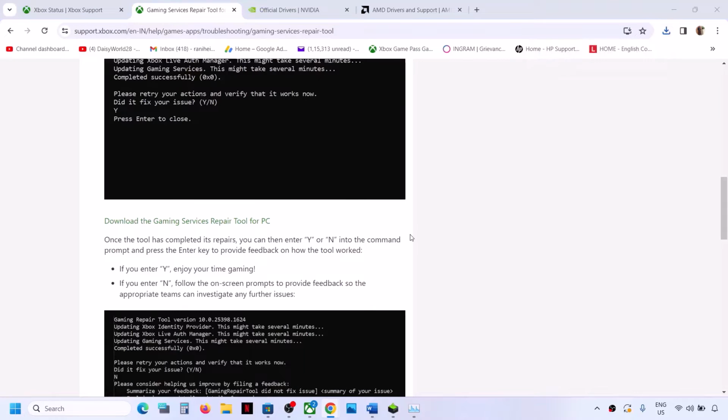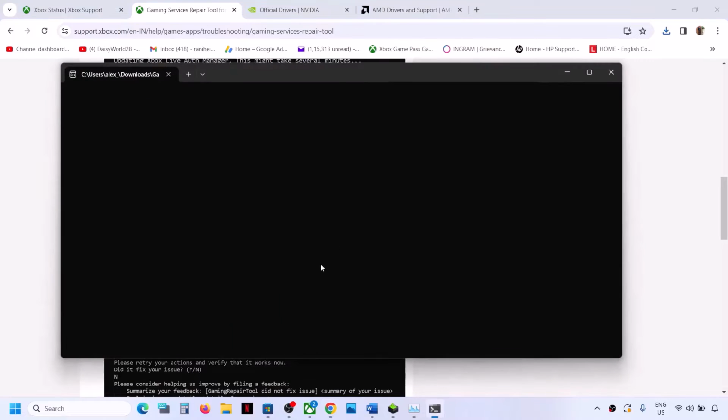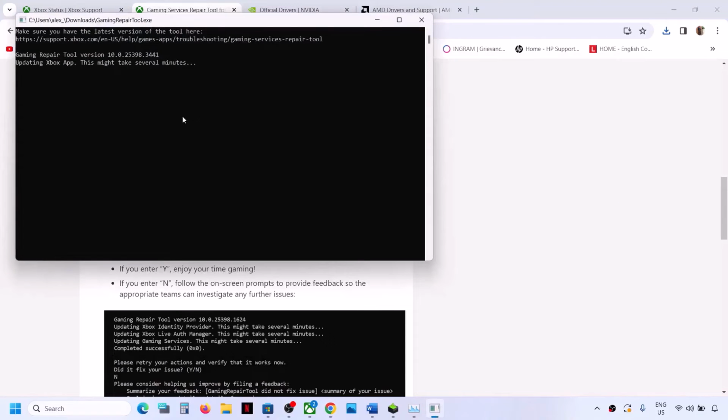So click on it and then click on yes to allow and then let the process complete. Now during this process, if it's telling you to write yes or no, you can type in yes or no. So this process will take some time. You can do the same thing